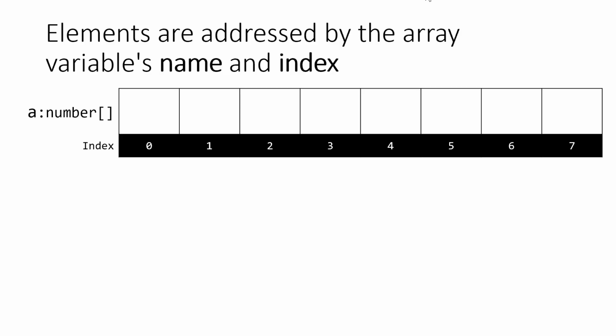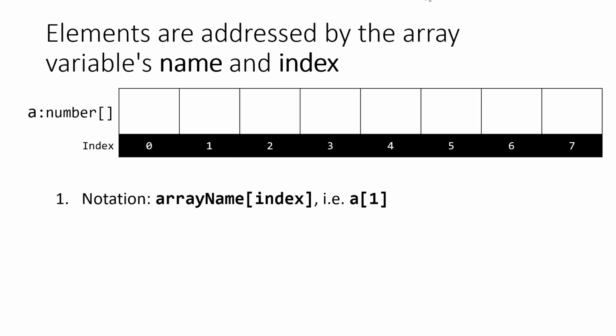The way that you address an element in an array is with the name of the array and the index. So the array name is followed by some square brackets, and then the index goes inside of those square brackets. Square brackets are only used with arrays in our programming language, and so anytime you see them, know that you're working with an array. So if we wanted to reference the array element at index 1, we would write a